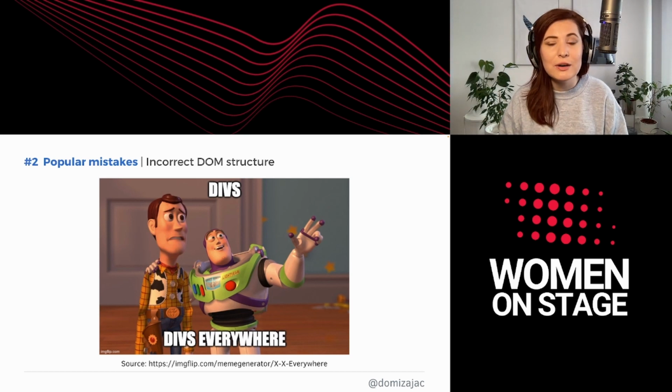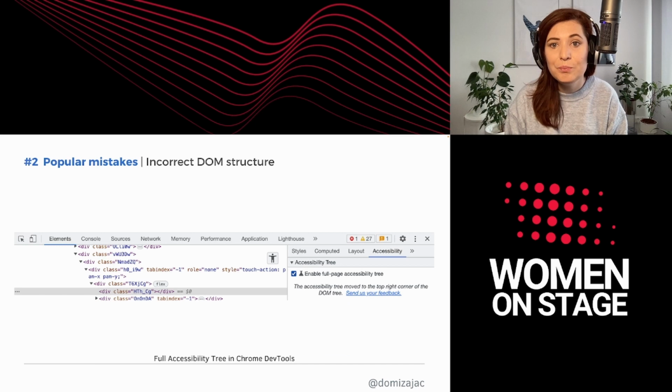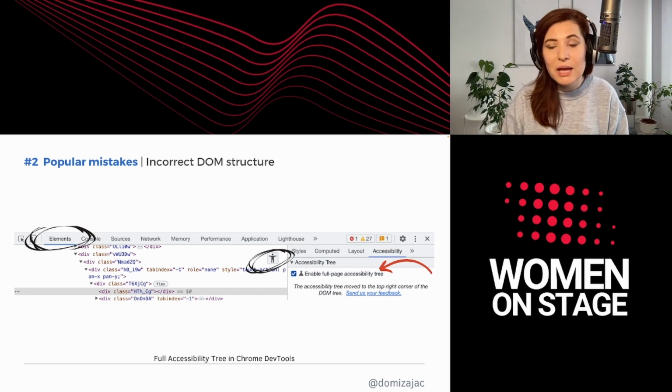When you are unsure how your web page is translating for this accessibility view, you can use something called the accessibility tree preview. When you go to Chrome DevTools and go to the Elements tab, on the styling part, there's a tab called Accessibility. And sometimes you have to check this box, Enable Full Page Accessibility Tree.